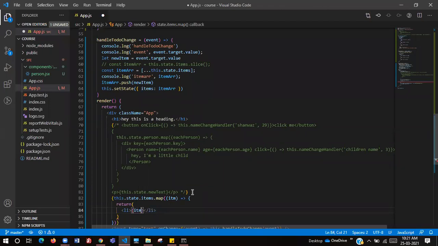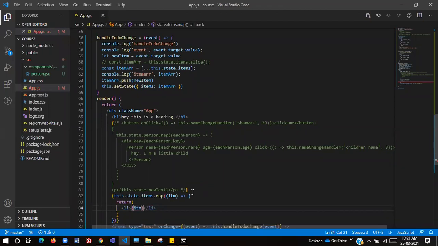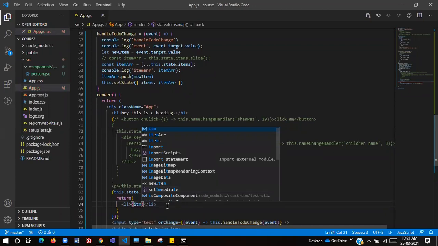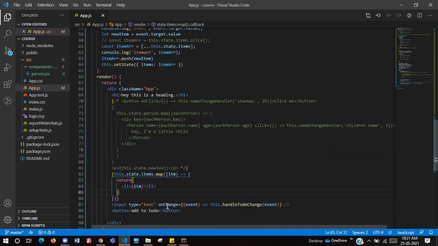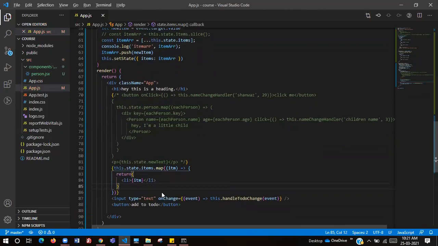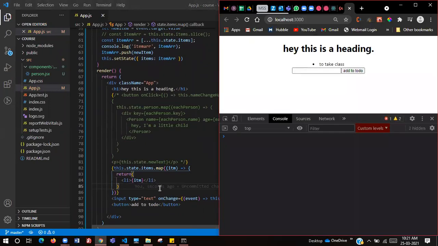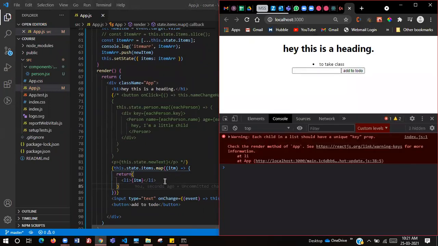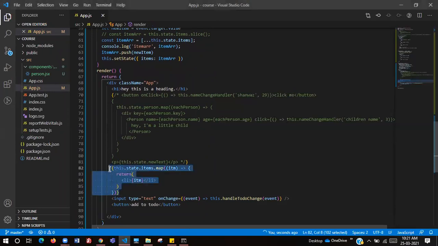Is this correct? Guys, tell me, is this correct what we have done? It's an item spelling, I think.